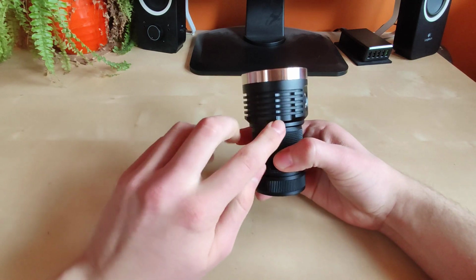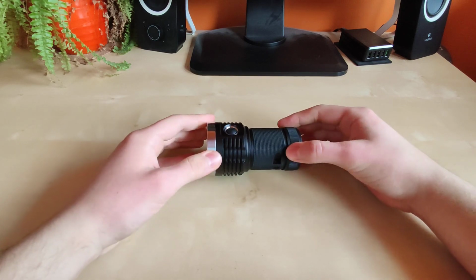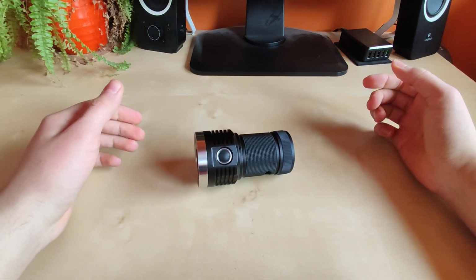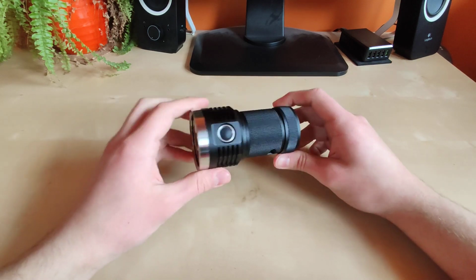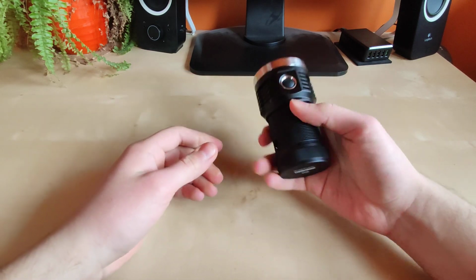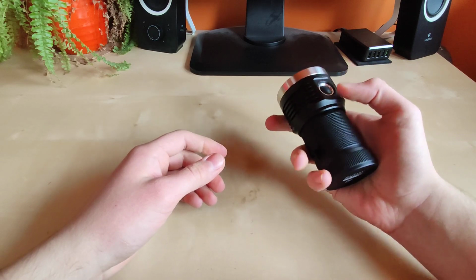And as you can see, there are some grooves here that will help the flashlight stop from rolling and be stable. So the flashlight features some anti-rolling features, which is nice. I mean, with bigger flashlights that are quite heavy, you can definitely feel the flashlight in your hand. It is quite heavy because of the